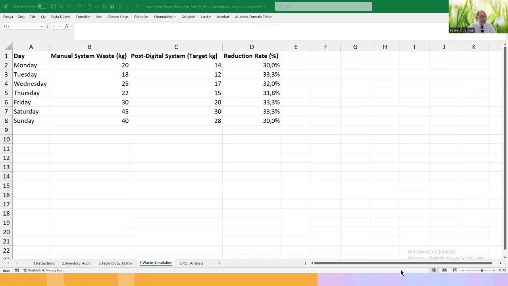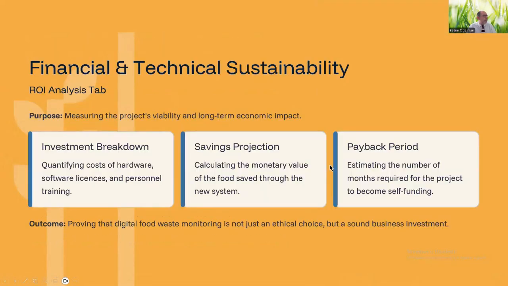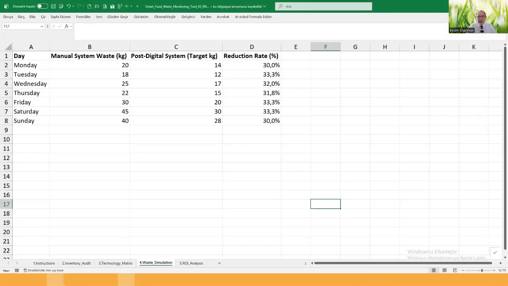In the final stage, we test the sustainability of the project: return on investment analysis. No matter how efficient a technological solution is, it cannot remain permanent in the field if it's not financially sustainable. This step, I'm going to open it. This step